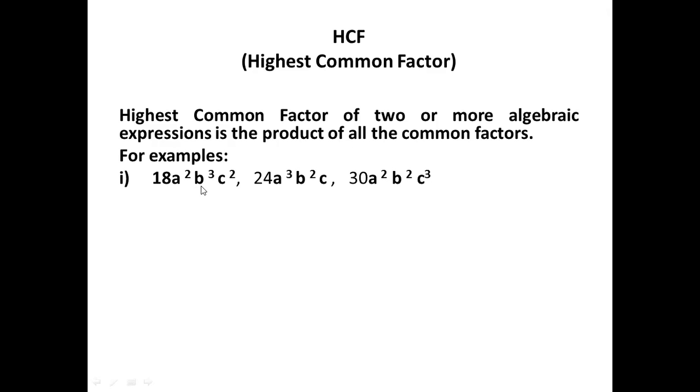18a square b cube c square, 24a cube b square c, and 30a square b square c cube. Look, this is also a monomial. Monomial means there is only one term, and the second expression also has only one term, and the third one also only one term. If algebraic expressions are given in monomial form, with only one term, we have to first of all